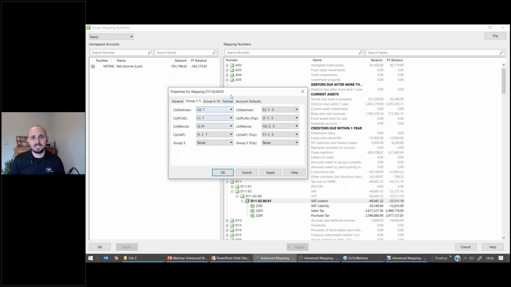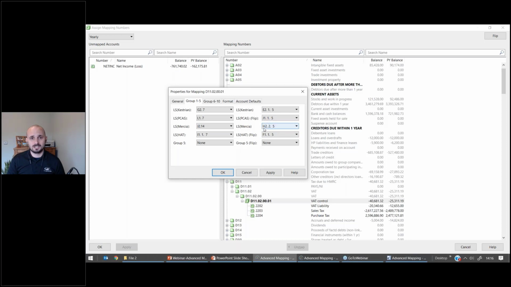And what we can see here is that if we had a credit balance for our VAT control account, if we're using Mercia, then it should go to our J2 schedule. Okay, J2.14 there. So remember, that's a second tier, and that second tier helps us populate and group information within those lead sheets. Okay, the same over here when we get to our H2 schedule, we've got an extra 2